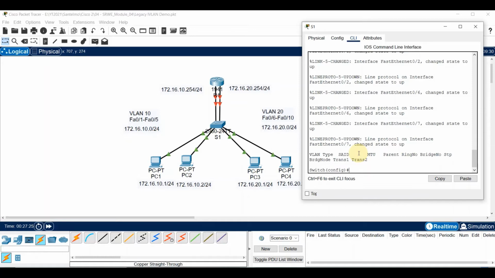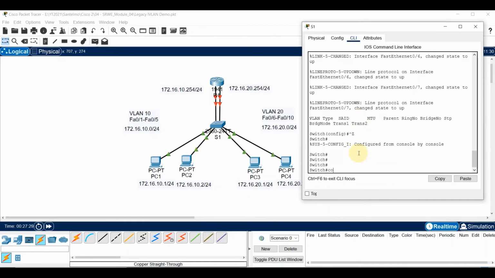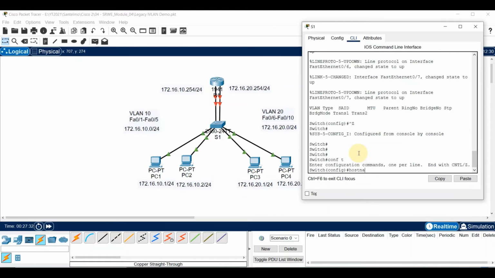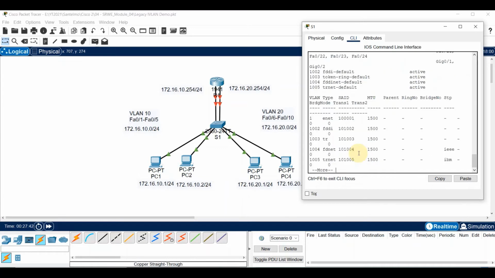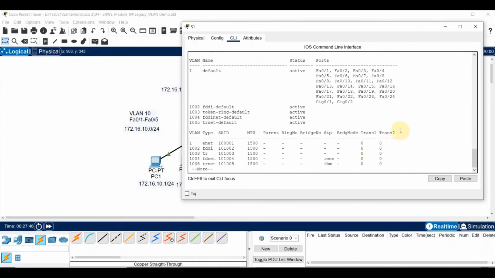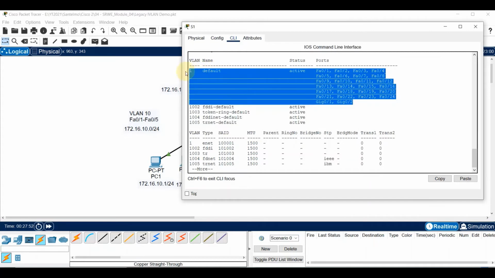Okay, so on the switch, let's enter configure terminal. Let's assign the host name S1, for instance. Let's check the VLANs. We're inside the config, so do show vlan. So if you can see here, we don't have a user-defined VLAN, and all interfaces are assigned to the default VLAN, which is